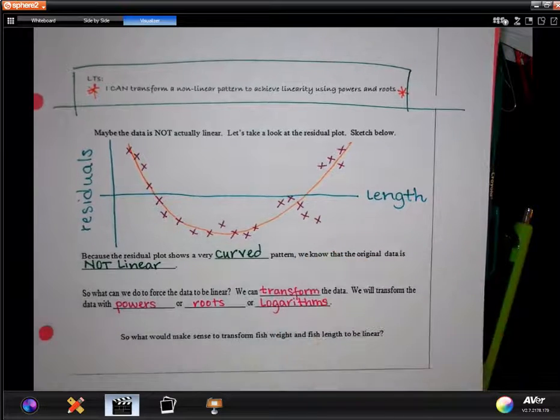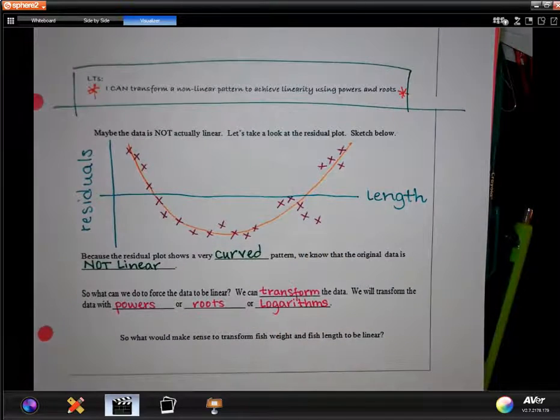Is that a good or a bad? I hate it. I'm not a logarithm fan either. The cool thing is Google Sheets is going to do all the work for us, so we don't even really have to remember what logs do. I will remind you of the basics, but the computer program is going to do everything for us, so it really doesn't matter.